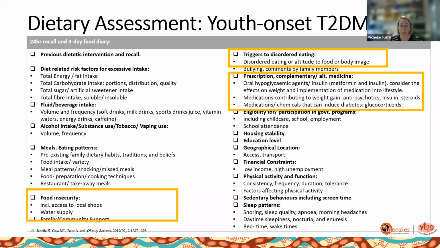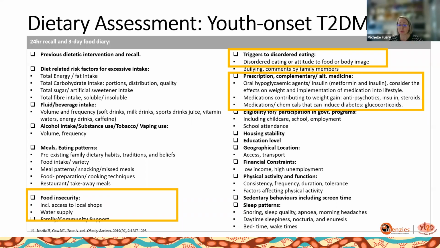And dieting as a self-reported practice to control weight has been associated with an increased risk of disordered eating and the development of eating disorders in observational studies. Work by Jabil and colleagues in 2019 found that structured and professionally run obesity treatment was associated with reduced eating disorder prevalence, eating disorder risk, and symptoms. I've included their work in my reference list if you'd like to read further, as this in itself could be a whole conversation topic for a webinar.